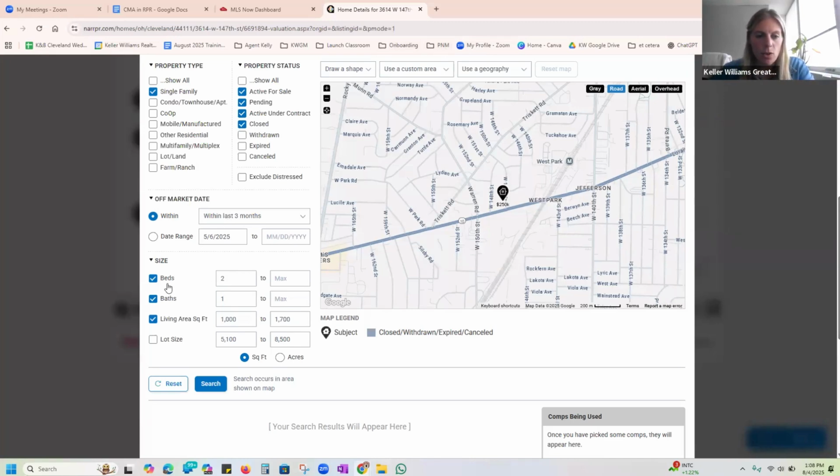All right, so then we have beds. With our subject property, we have 3 bedrooms, so I want to go up a max of 3 bedrooms. Baths, it says 1. I want to do a max of 2. Square footage, living area, it says 1,000 to 1,700. I'm going to do 250 since ours is 1,354 square feet, and then I'll do up to